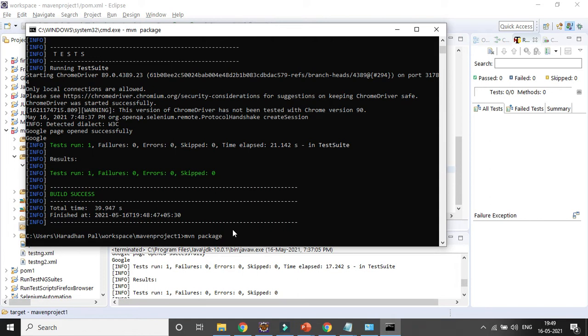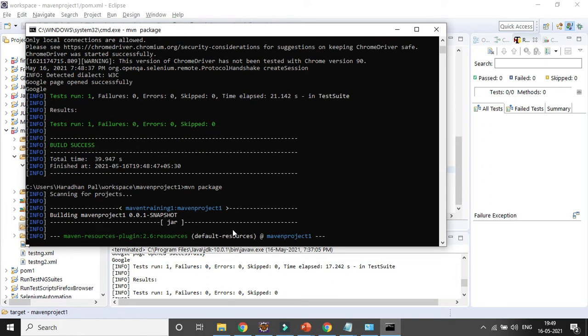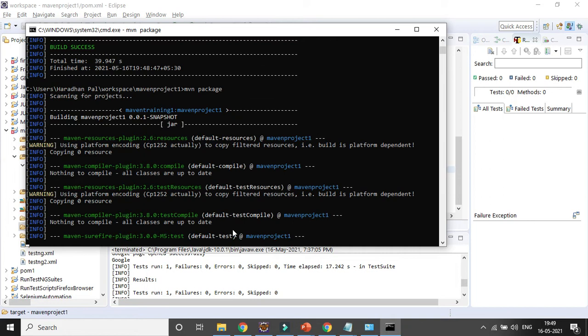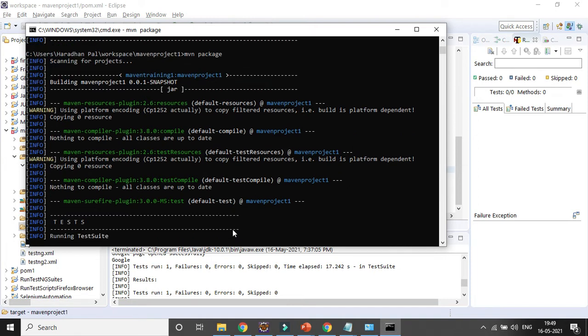So it will package. After running it, it will package it. The same thing, it will package in some jar or WAR file. So you can see it is just trying to package it. It will give you some snapshot version, so that can be imported and deployed in the environment. So that whatever thing you have done, it now has importance or value.